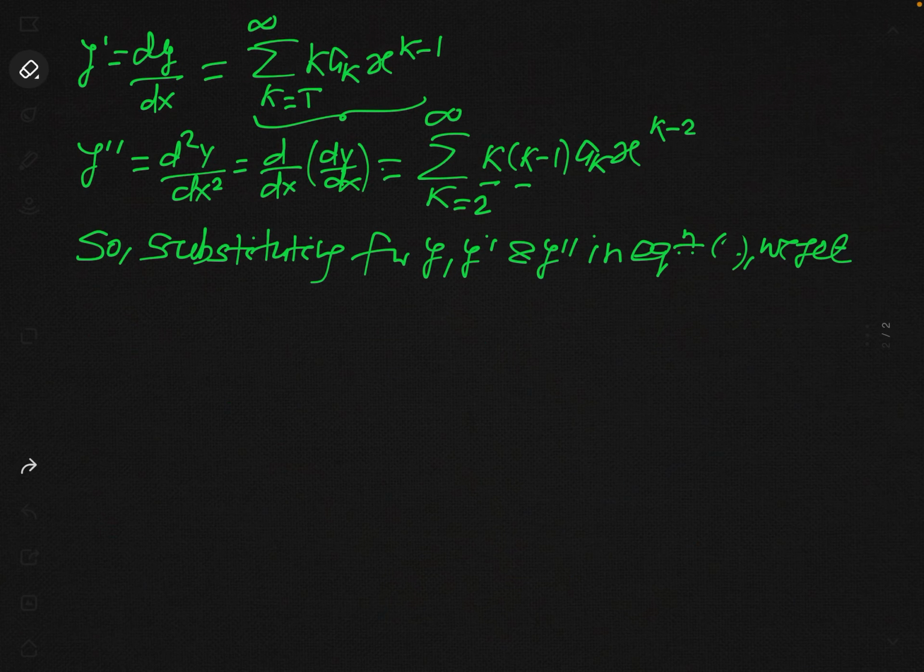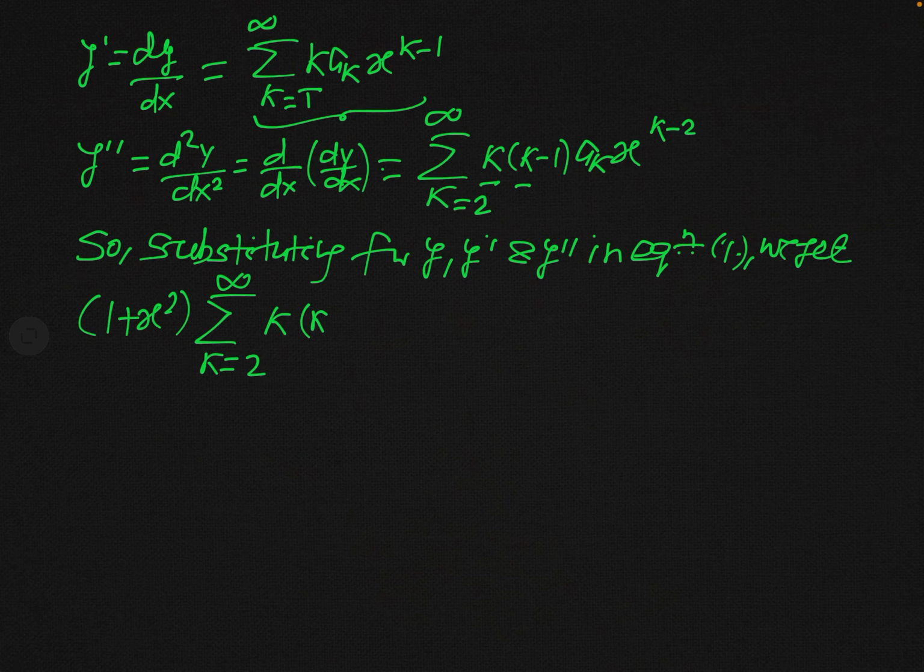In equation 1, what will be the result? You can see this will be 1 plus x square, the coefficient of the first term, and summation k equal to 2 to infinity of k into k minus 1. Here d2y by dx square has been found here. So this is k into k minus 1 ak